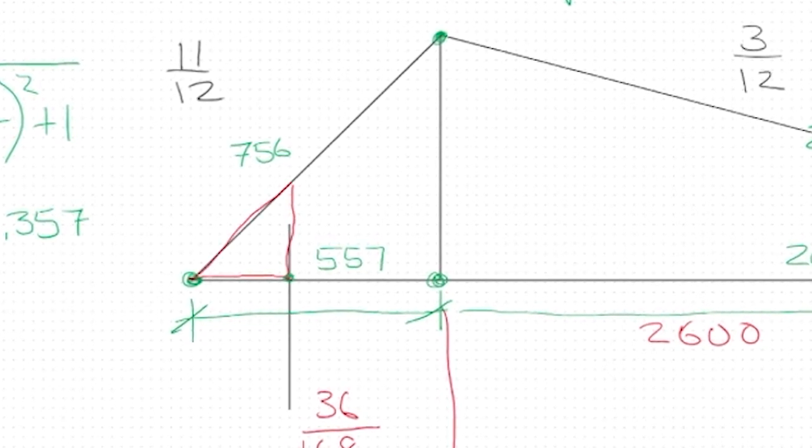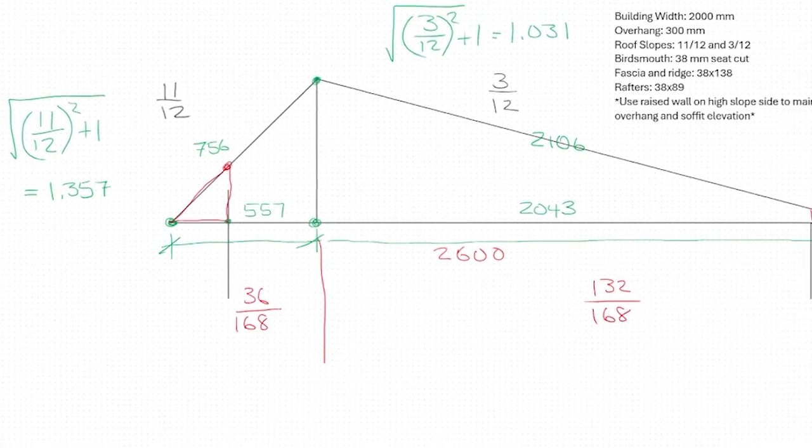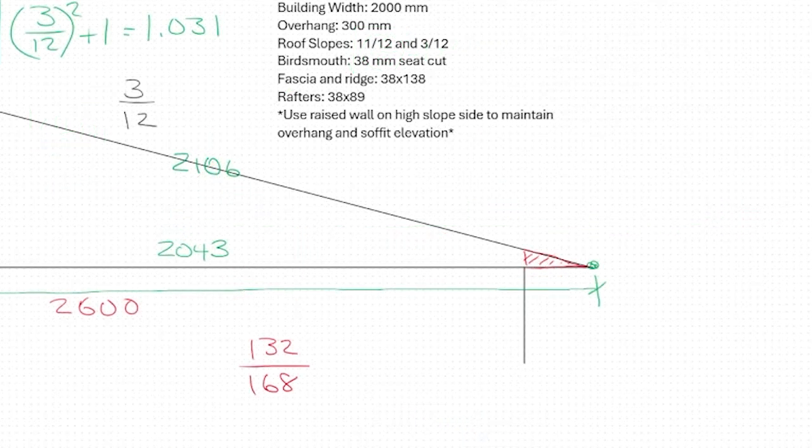So I need to know how far up, or alternatively, how far down the rafter my bird's mouth will be. And it's the same thing on the low slope side. So let's do the calculation on the low slope side. Here, if this is 300 from here to here, then the question is, how far up the rafter from the theoretical end will my bird's mouth plumb cut be? And it's a simple calculation. It's 300 times the slope gain factor for this side